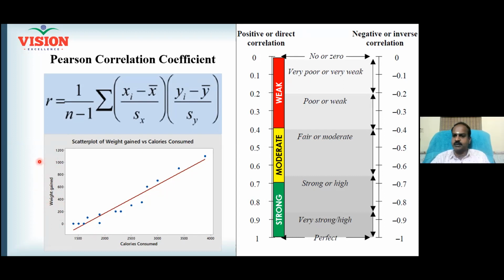Weight is the response variable. So the Y variable is the response, and the X variable is the predictor. Calorie is consumed. Very good. So calorie consumption is the X variable. You can directly control the calories you are consuming, isn't it? The food intake can be controlled by you. But weight cannot be directly controlled. However, by controlling the food intake, you can control the weight. That is what we mean.